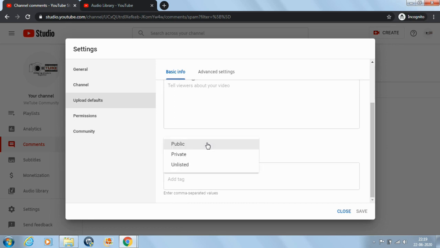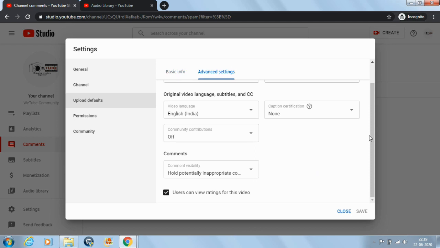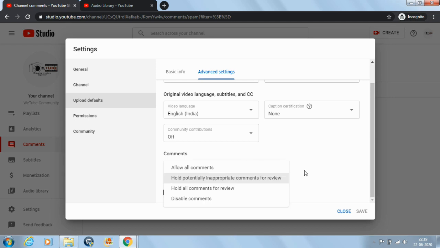Under the visibility section, you can choose public or private, and here you can choose the tags as well. Same under the advanced settings, you can select comments like we covered. We can block words, and YouTube helps us scrutinize all the comments, to do the screening of all the comments. So here you can select the relevant option. Accordingly, all your comments can be screened.